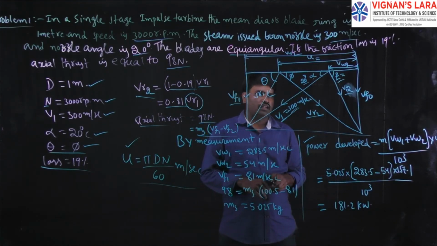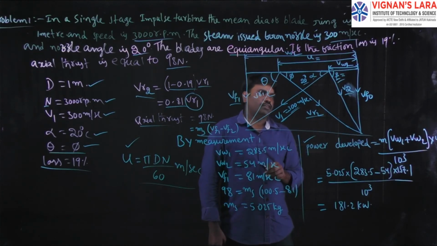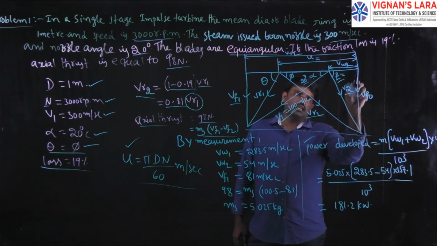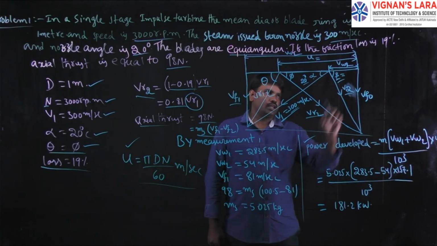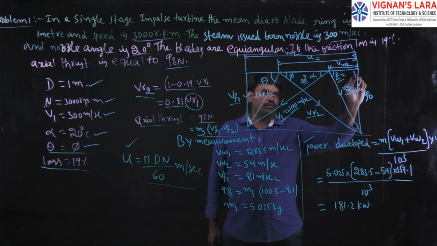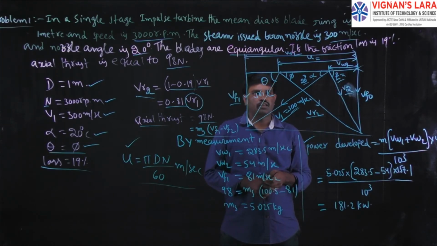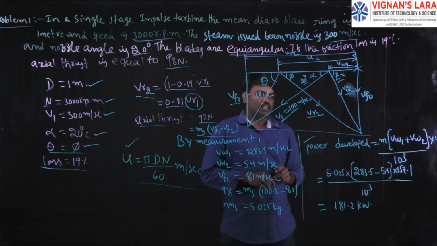In the problem it is also mentioned that theta and phi are equiangular. Theta and phi are equiangular means theta is equal to phi. After drawing the Vr2 line by its length, you can extend that Vr2 line vertically and you can join it to the horizontal u line. This intersection point you can find, and beta also you can locate. Then the complete velocity triangle will be complete.